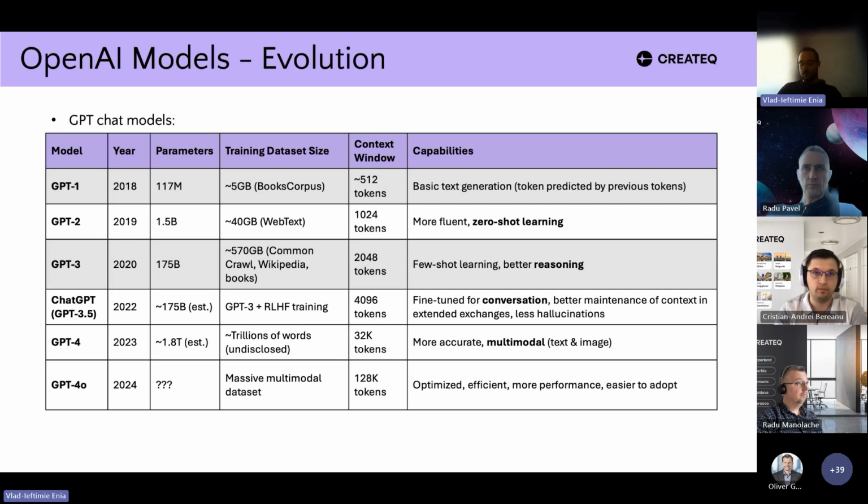If you remember what we discussed about neural networks, how the weights are between the layers. So an immense network that was trained on 5 gigabytes of text, which is a lot. It has a context window of 500 tokens. So around 400 to 500 words, something like that.